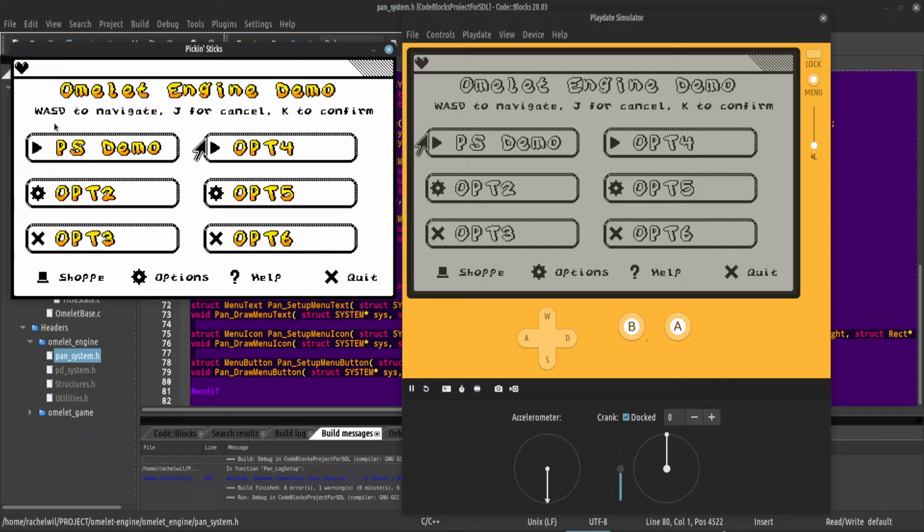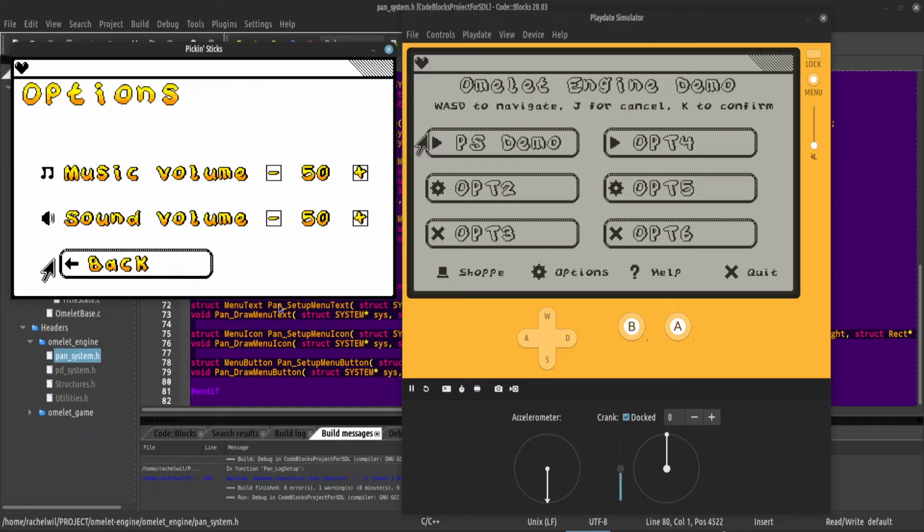Over here, something I added was cursor control. Because I figured with all these options, if I make another like multi-game pack, you can navigate this with the WASD JK buttons, and I will need to implement keyboard configuration, remapping. But this is still kind of annoying to have to scroll through each of these. You can, but I also just added in mouse support, so it'll highlight whatever you're currently over, and you can click on it. And then over on the Playdate, we have to come down here